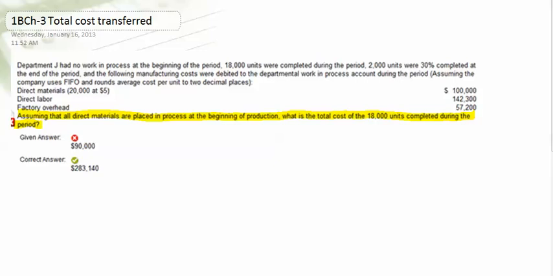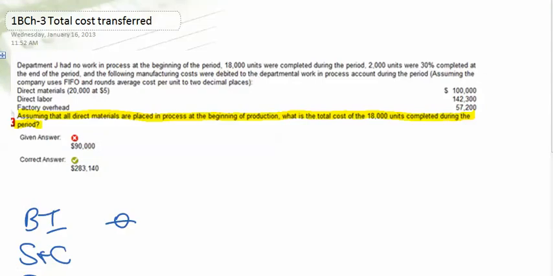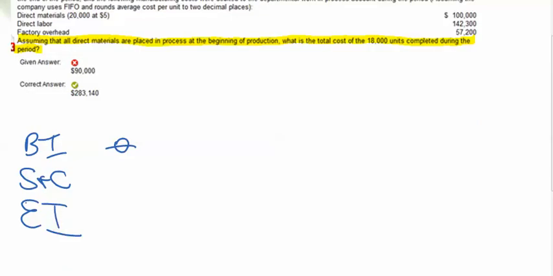Department J had no work in process inventory at the beginning. I still set it up the same way just so I can be consistent. And my setup is going to be my beginning inventory, in this case 0, my started and completed, and finally I will end up with my ending inventory. So it says I have 18,000 units that were started and completed,